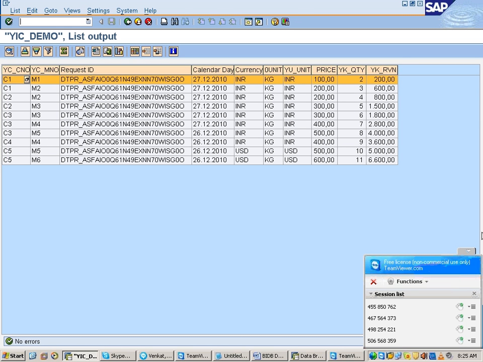Now if you can look at this, see the values C1, M1, what has been loaded now? Same values you can see now. Now did I load any request ID from file? It is taken automatically by the system itself, the default object, not technical object. And if you look, all your 8 records are having the same request ID or not.